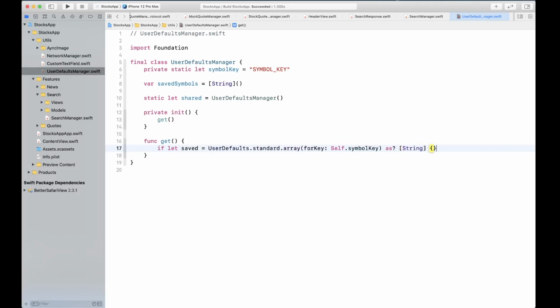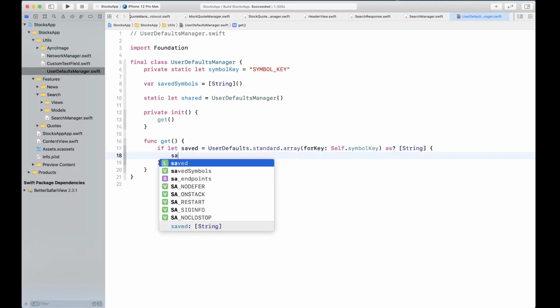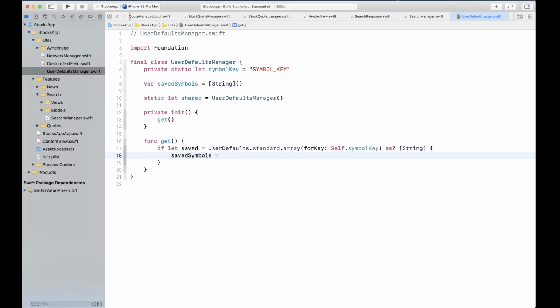If we can get that, then we're going to save that into our savedSymbols. Okay, and that's what our get is going to have.